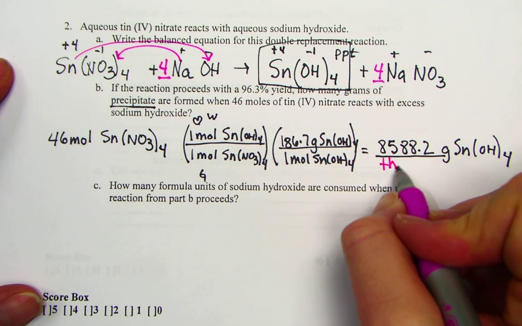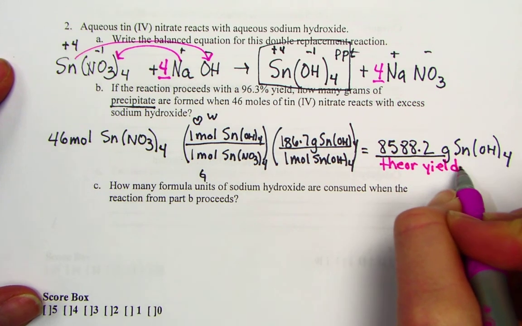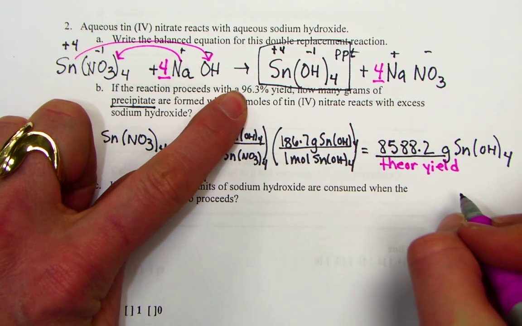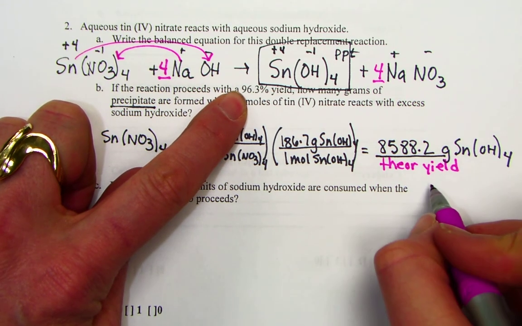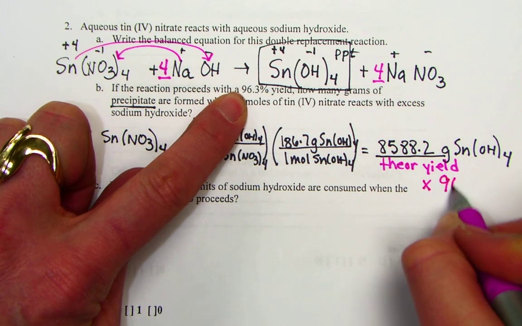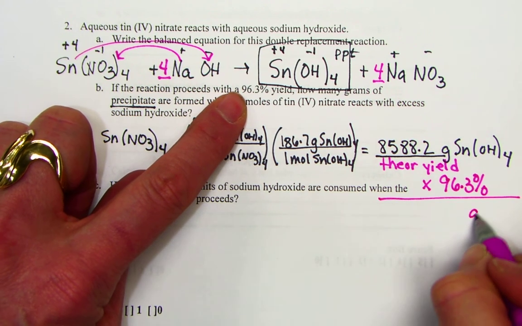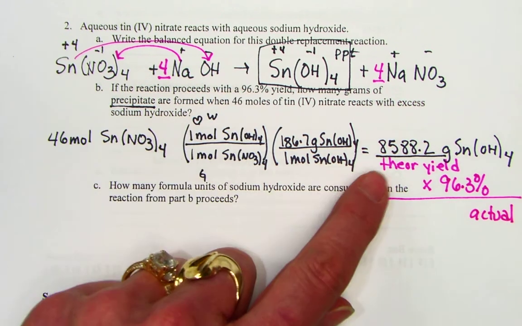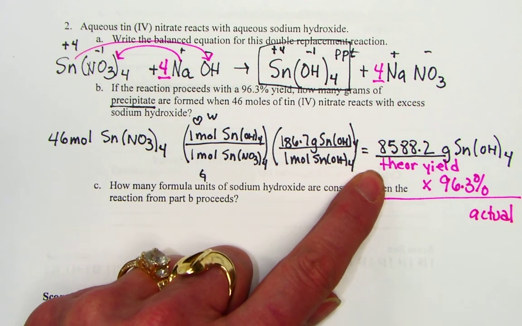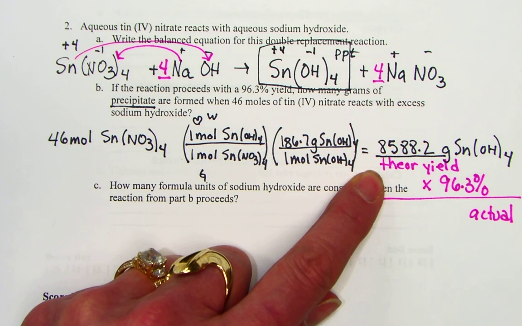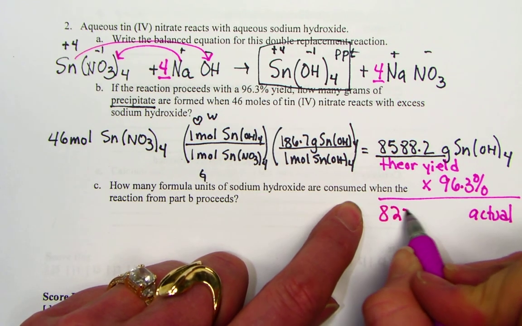This is known as our theoretical yield. If our reaction had 100% efficiency, we would expect 8,588 grams of product. But our reaction was only 96.3% efficient. So I'm going to take 96.3% of my theoretical yield, and what we will find is called our actual yield. Taking 8588.2 that's still on my calculator screen, and I'm going to go times 0.963, turning my percent sign back into a decimal form. And my actual yield reports